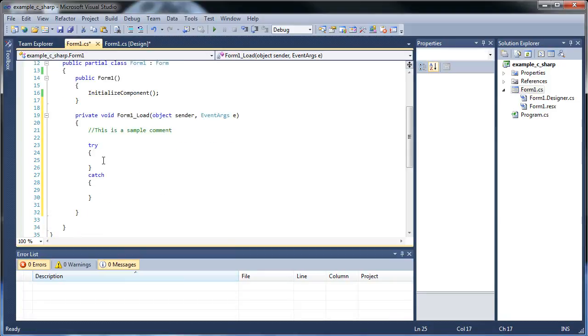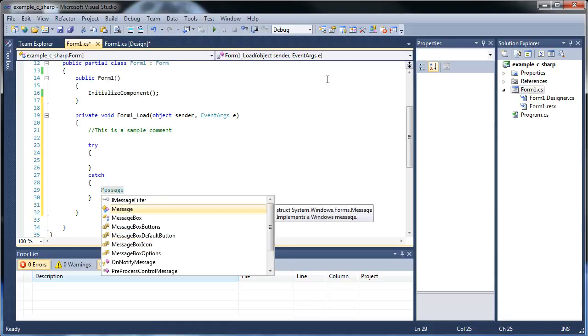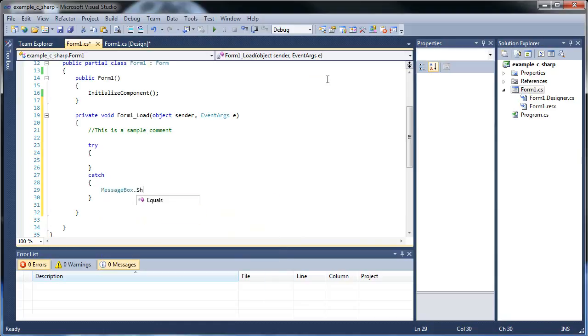And basically, this is the code that you'll be normally typing in. And the catch will be if there's an error up here, then this code will execute instead. And it's usually something very simple like a message box. So basically, you type in message box dot show,